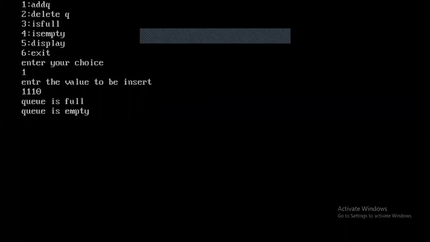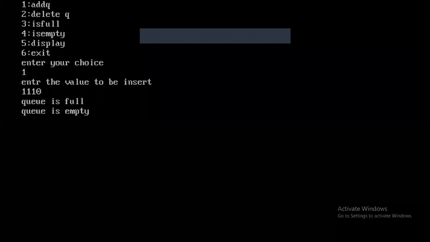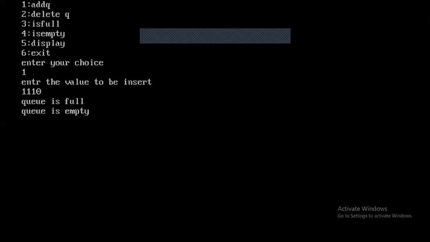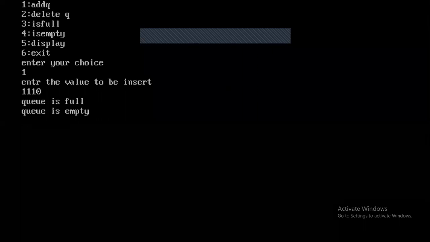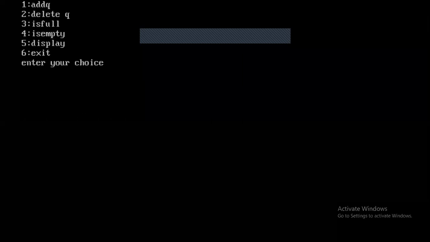The problem of linear queues is when rear is greater than or equal to size minus 1, the queue is full, even if the queue contains some empty positions. Here the queue is actually empty, because there are no elements. If I call is empty, the queue is empty. If I call is full, the queue is full.